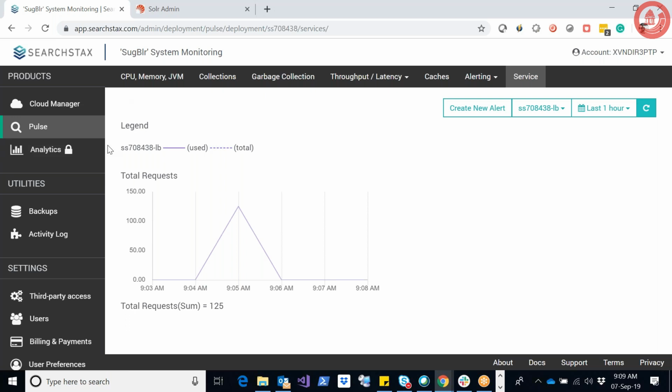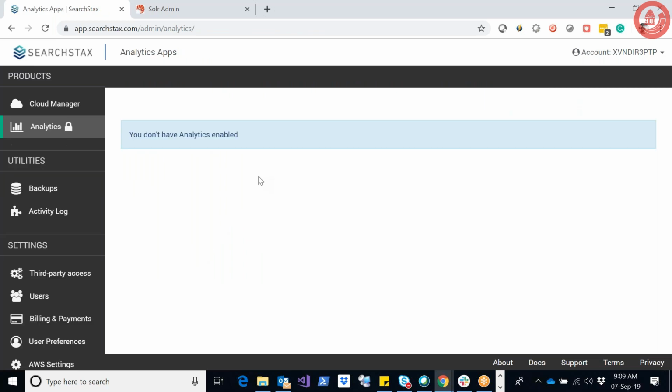But SearchStax also offers another analytics, which we use for other customers too, which is search analytics. It gives you analytics around the keywords that have been searched and the number of times they are searched, and from those you could also create dashboards around the most searched keywords and come up with metrics around it. So you could tune your search. It gives you insights as well, but this comes with a cost in the subscription, and it has to be subscribed to. Apart from it, as I discussed earlier, the other thing is disaster recovery, backing up,